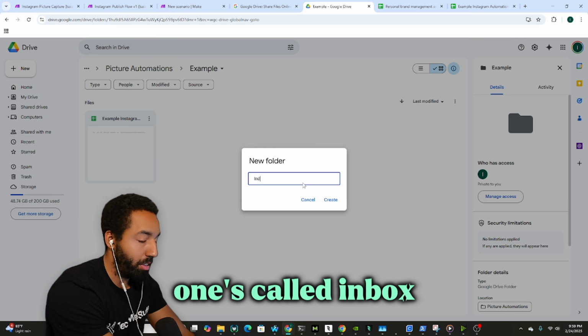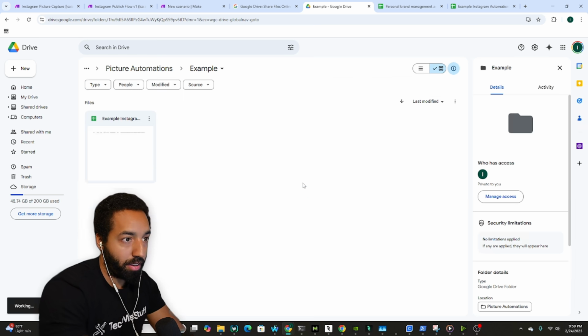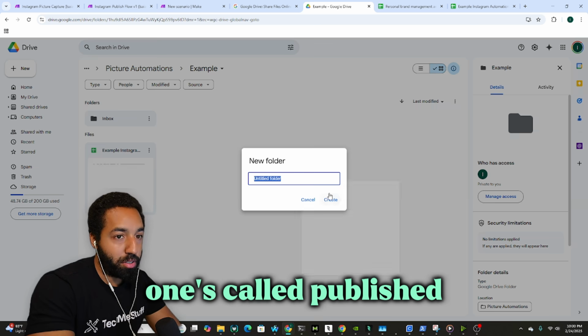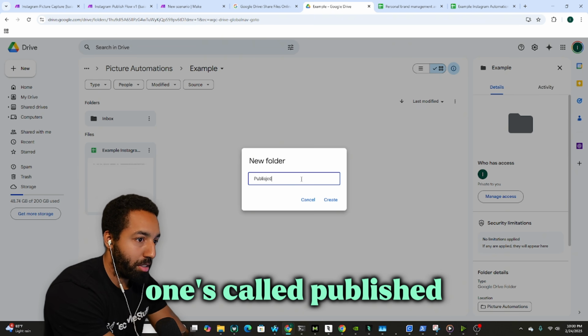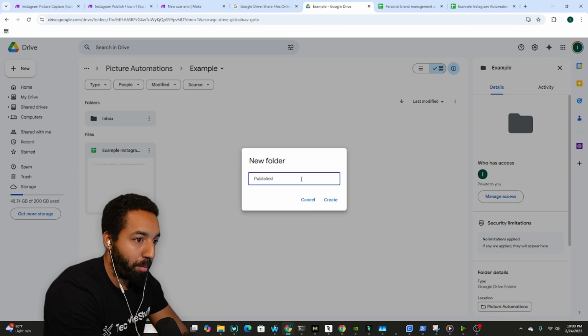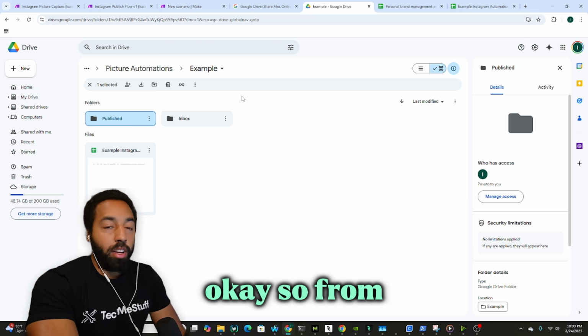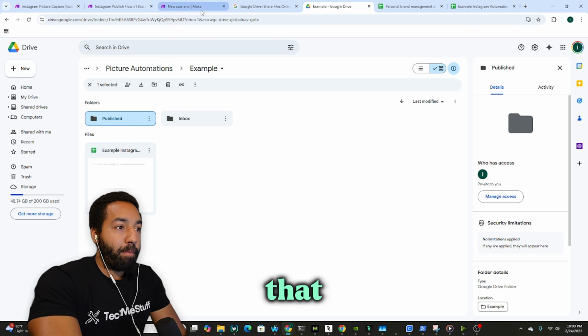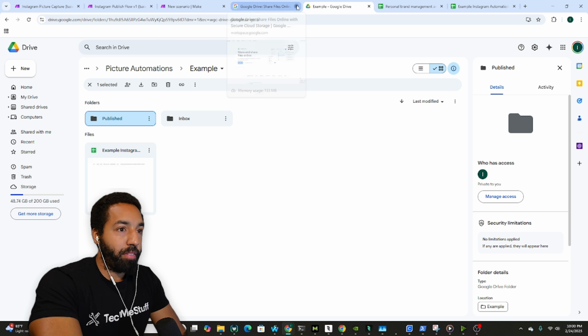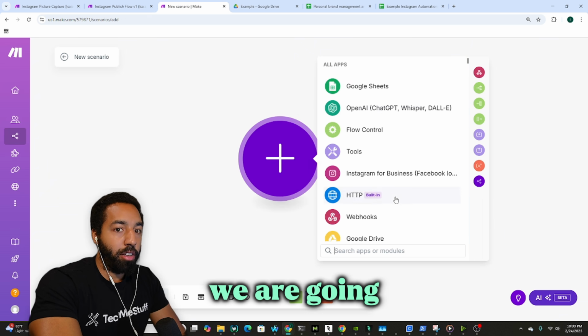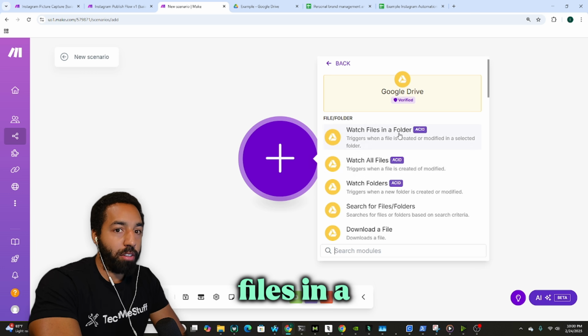One's called inbox, and then another one's called published. Okay, so from that, we are going to do watch files in a folder,